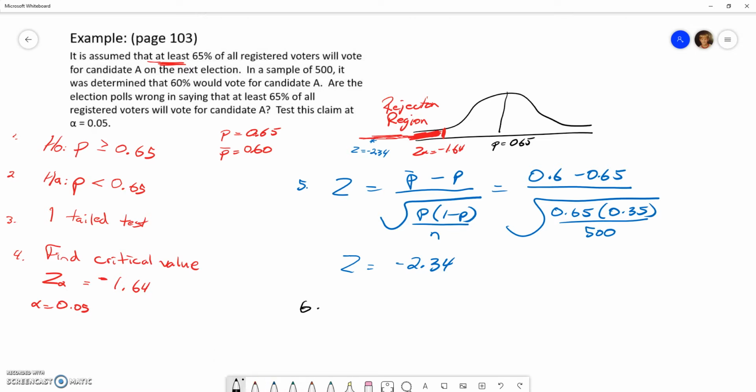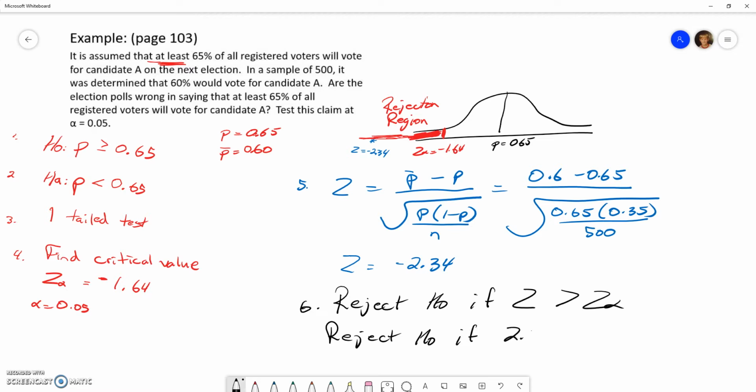So step 6 is to make our decision. We are going to reject the null hypotheses if the test statistic is greater than the critical value. Keep in mind that when we make our decision, we turn both values to positive. So we are going to reject the null hypotheses if 2.34 is greater than 1.64. So therefore, we are clearly going to reject